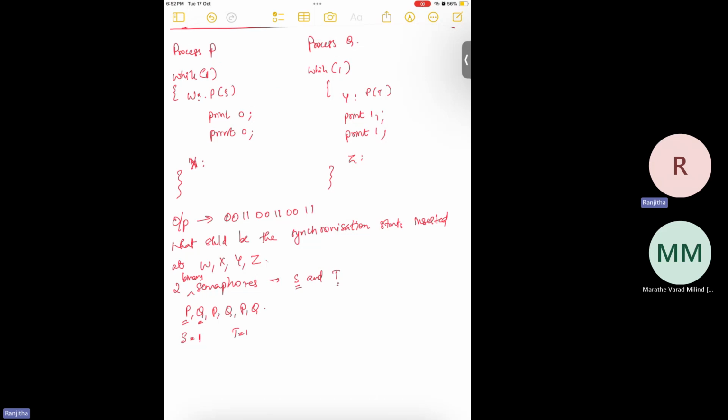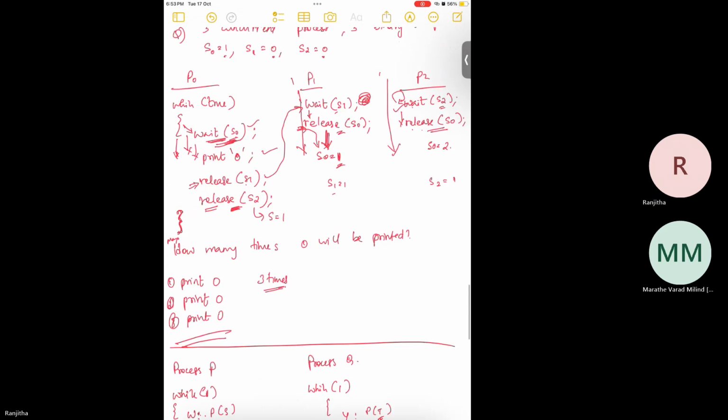So we have to ensure that the value of t becomes 1 only at this point, that is only when 0 is printed. Only after that t should be becoming 1, so that only then q should enter the critical section. So we have to make sure that we initialize the value of t to 0 and s to 1, and then, like in the previous example we saw, right,